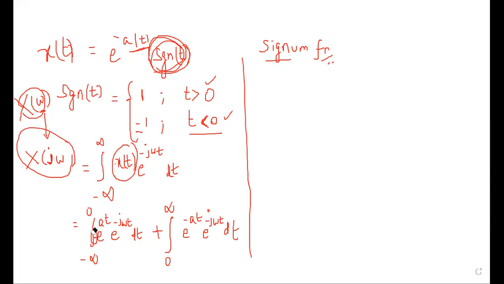So now you know very well what the next step is. I am not going to solve it completely. I want you to just take the powers common and complete the integration. I am just writing the intermediate step. Once you complete the integration and substitute the limits, your answer will be minus 1 by, within the bracket, a minus j omega, plus, don't copy the answer, I want you to derive it. And you should confirm that you are getting the same answer.